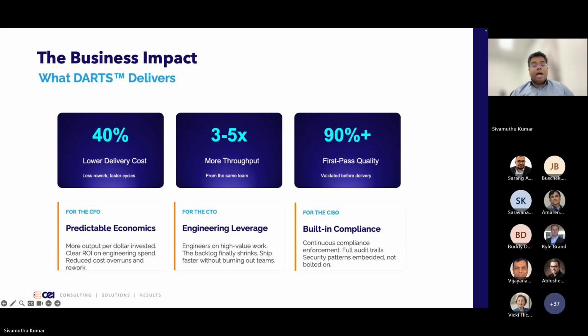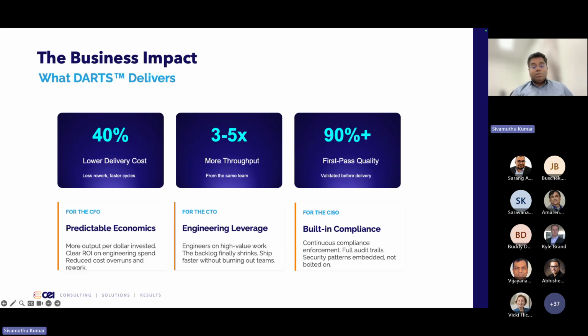And we are seeing 3 to 5x more throughput from the same team, not by working harder, but by shifting the work to agents, and 90% plus first pass quality, because the DARTS agents have security testing and validation embedded. So whenever the code is generated, it makes sure the code generated is secure and compliant.